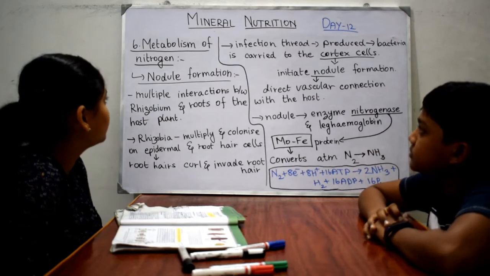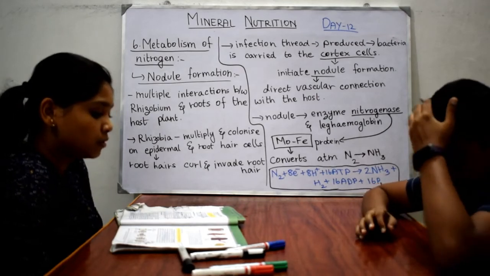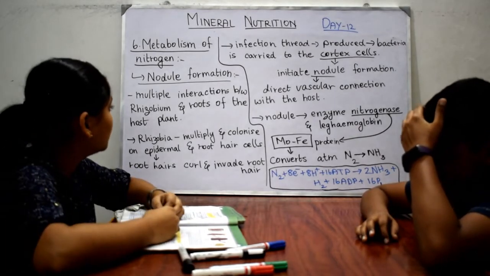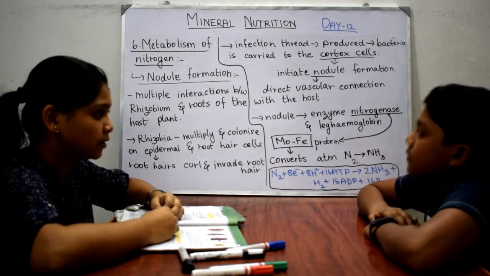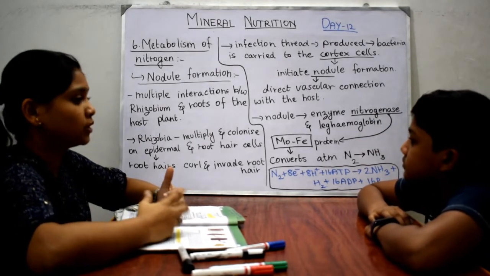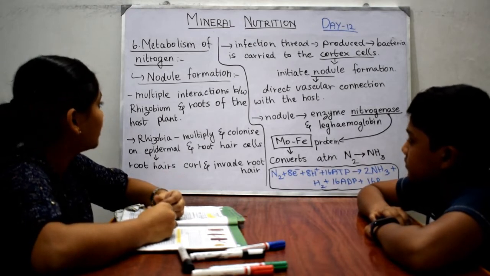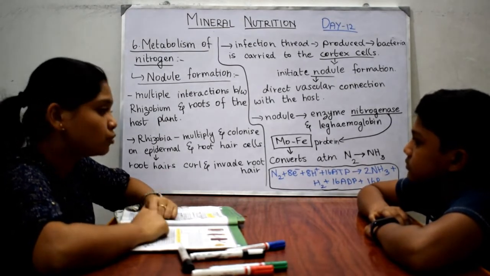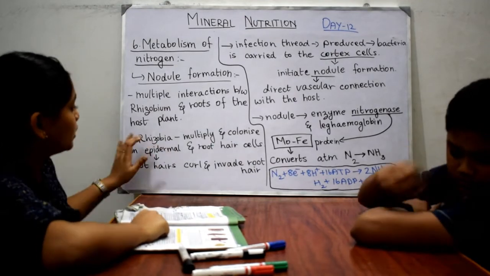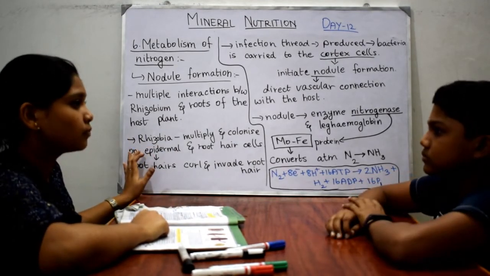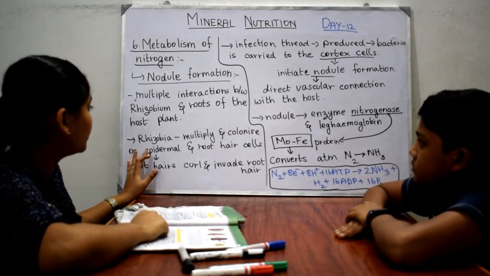So now we are going to see how the nodule is formed. Here multiple interactions between rhizobium and the roots of the host plant take place. Rhizobium microbes have a symbiotic association with legume plants. These rhizobia, which are nothing but the rhizobium, multiply